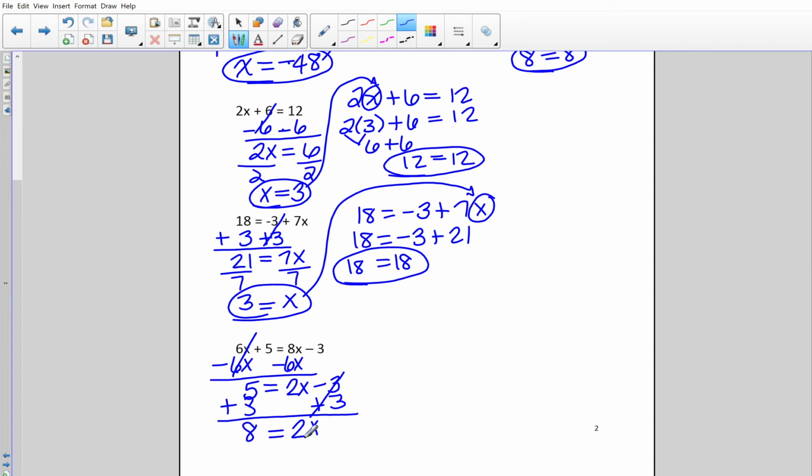So my next step would be to divide that 2 times x. I'm going to break that apart by dividing by 2. And x would be equal to 4. So that's my solution. So the more you do, the more important a check is because you could have made